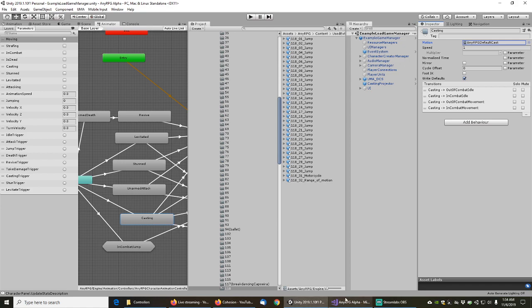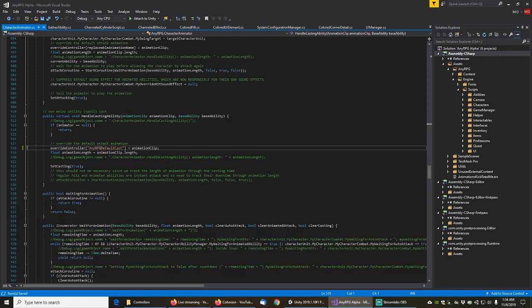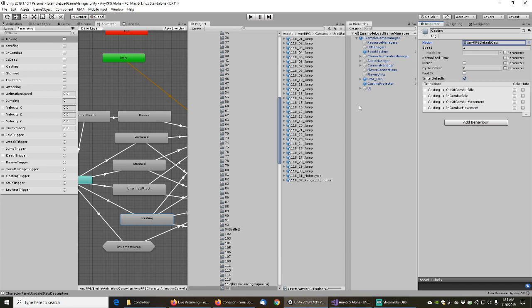And then in our code here, we'll look for AnyRPG Default Cast. And actually, you know what? This is where we can change that. So I think for now, what's going to be the best way to do this? I think I am going to try to find a way to put it into the System Configuration Manager, because